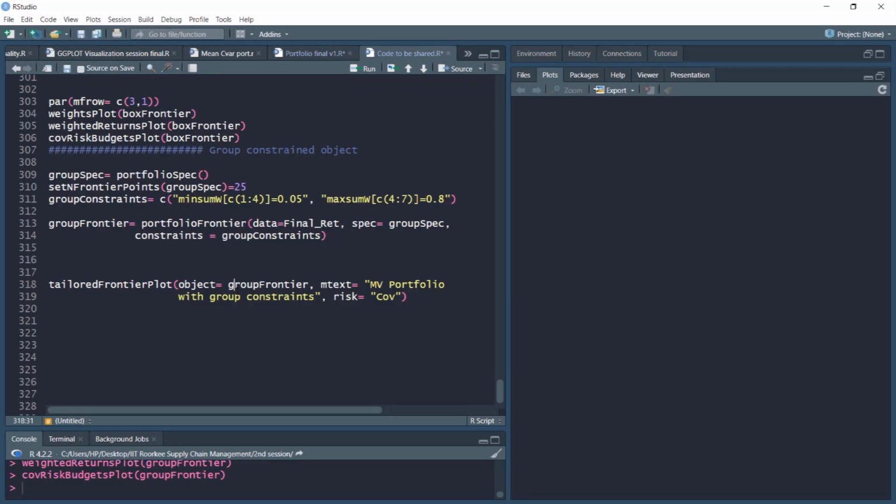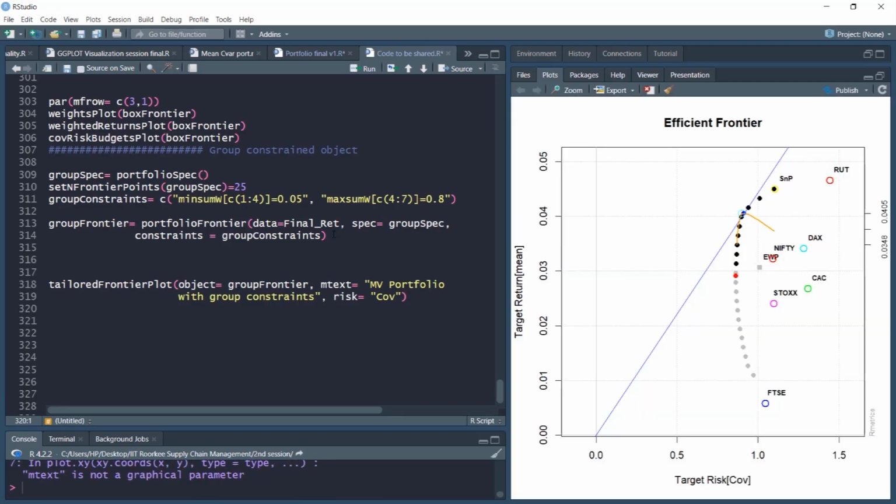Let us run this tailored frontier plot, and as we can see, the tailored frontier plot here nicely printed. Please notice some of the risk return combinations or portfolios may not be available here because of these group constraints as they were in the original plot.